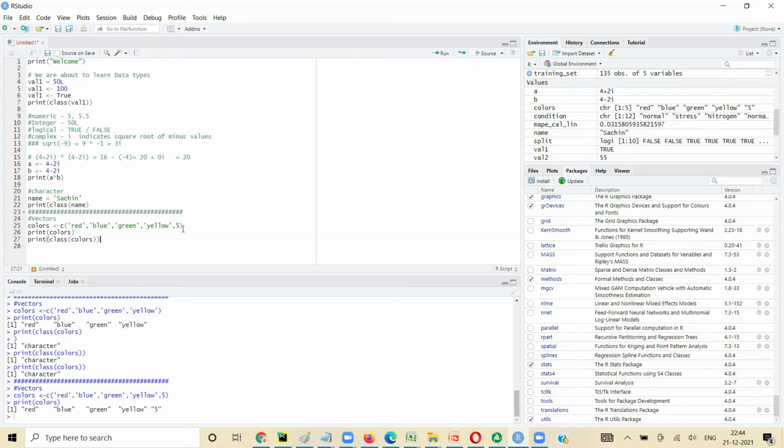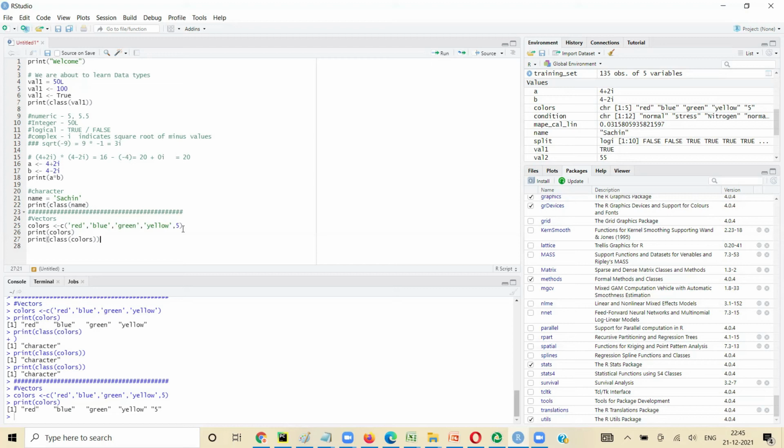You can't have half the numbers as numeric and half as character. All of them should belong to the same type. So that's why when we handle data frames, or tables, we will be using vectors. For that reason, vectors are used more often